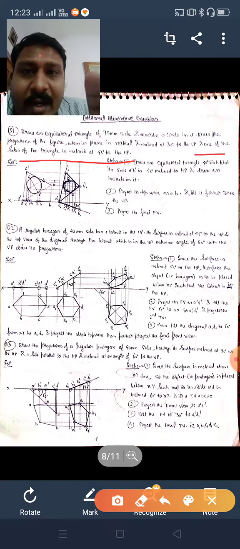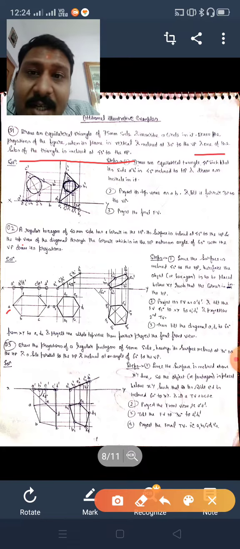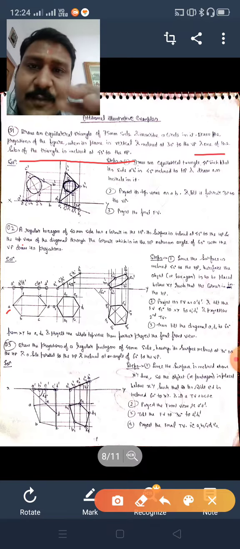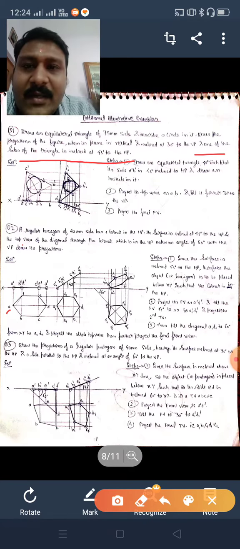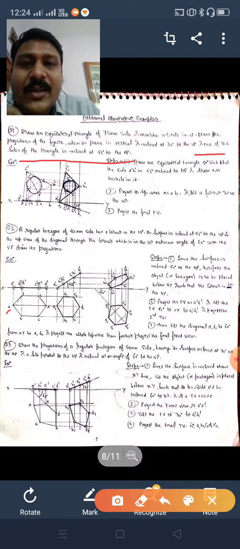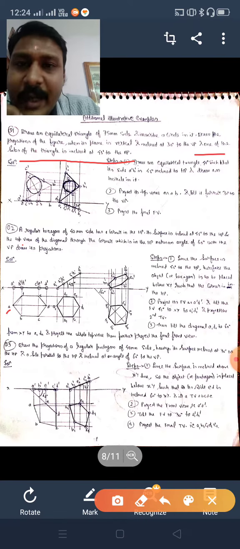I have already explained the meaning of position: it means this corner or this side, what we want. That position should be given, but it is not given. So in these types of questions, just incline the side. The second condition which is given, draw it first, in the first position. The second inclination which is given to you, draw that in the first position. Okay, that is the clue.